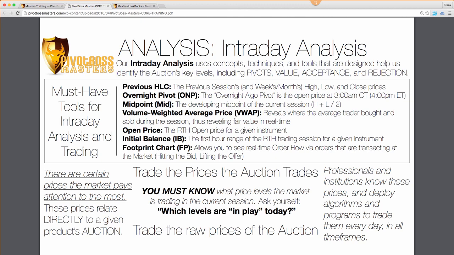So each of these will be in play on certain days, and sometimes they won't be in play. So it's up to you to understand which of these key levels is in play, and then from there understand how to trade your way around them, using a lot of the basis for what we do here, basically understanding and identifying rejection and shaking prices from under or overvalued situations back to value.